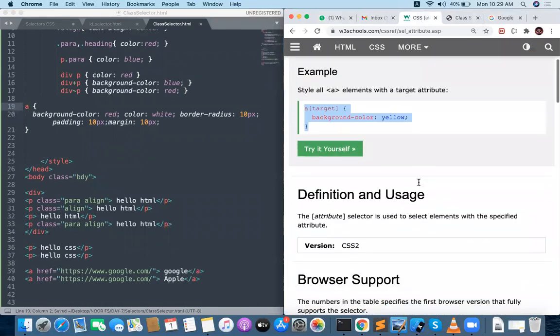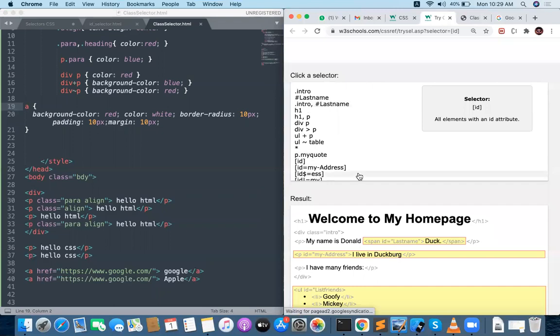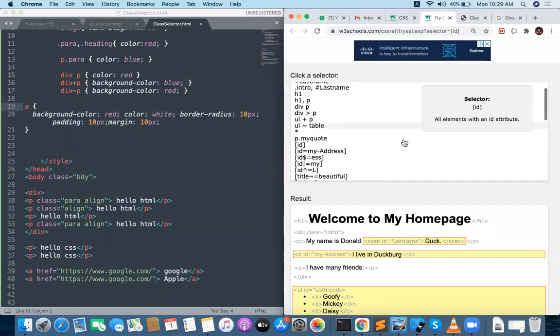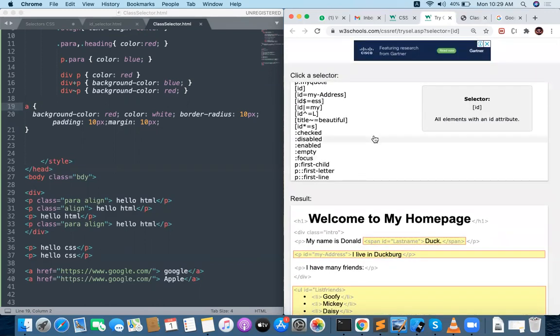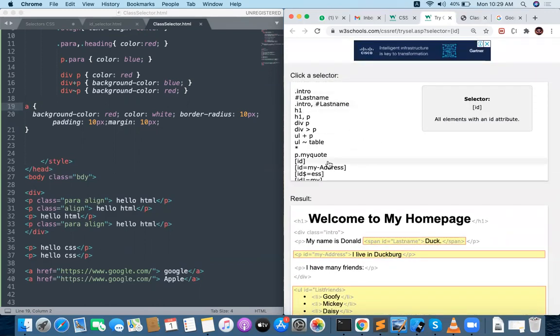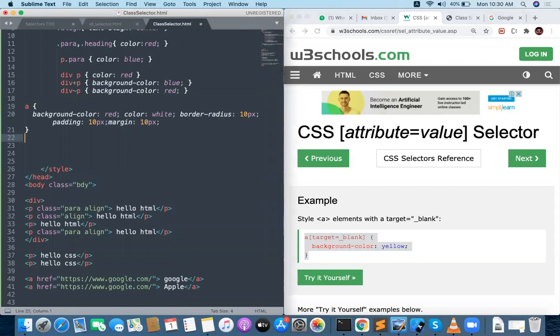Next, I want to apply one more selector like this. Let me tell you. Some hyperlinks I want to give blank.